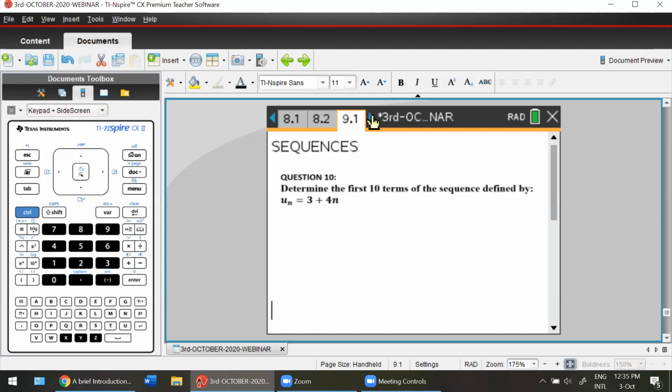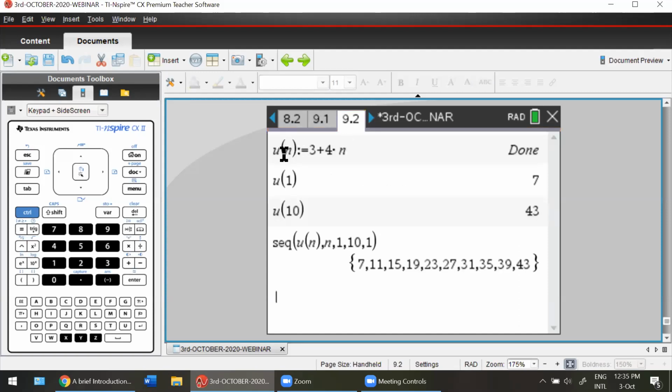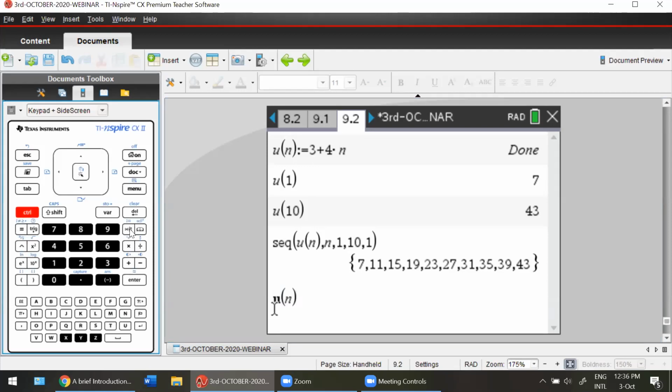So what you do here, students, is as follows. You use the define key, that is control and the template. You can try it out, students. Please try this question out by following the instructions that I say. Please type in U, because you're going to define this. Now I have already defined it, so it's already coming in bold. So U of n, and just hit this key and put in the sequence that I had asked.